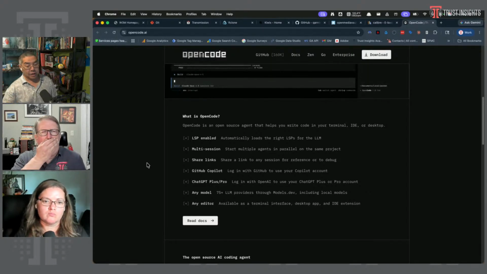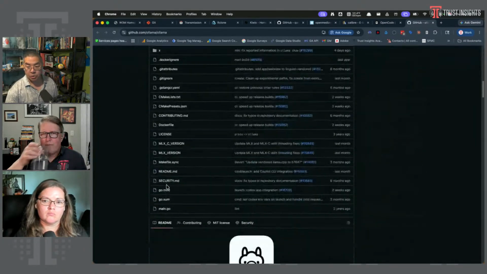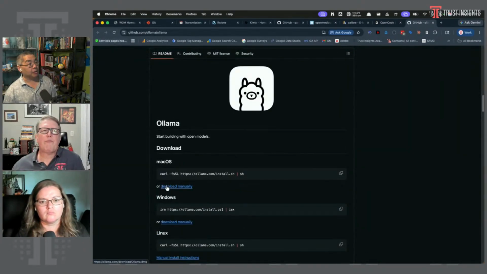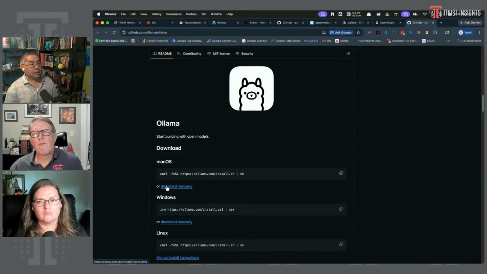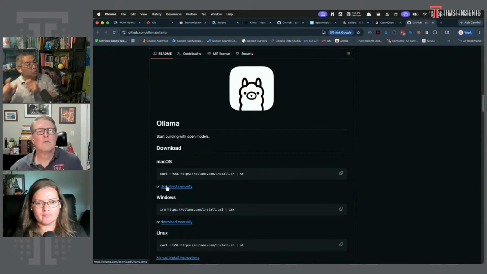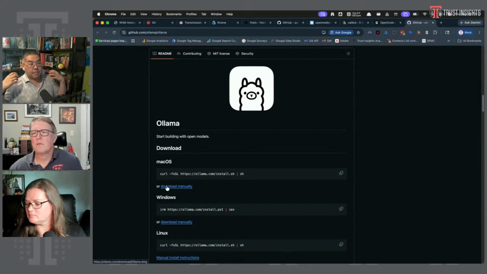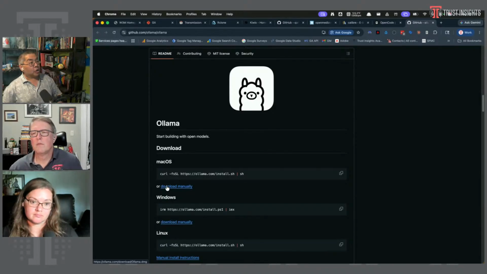You want to pair this with a tool like Ollama. Ollama is another open source tool that serves AI models. So you might download an open weights model like Google's Gemma or Alibaba Qwen, or depending on how much hardware you have and how wealthy you are, you could even run things like DeepSeek. But this OpenCode plus Ollama gives you generative AI on your machine that if the internet blows up or whatever, you still have AI capabilities at your fingertips.